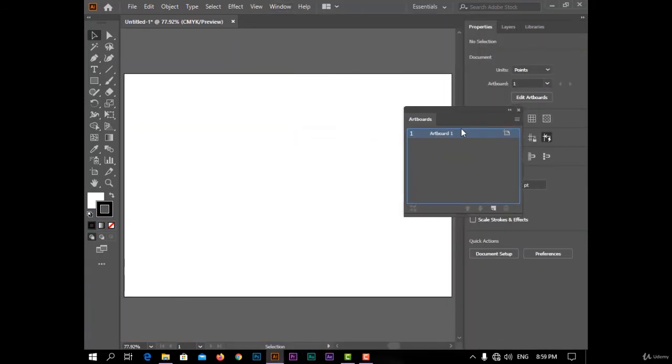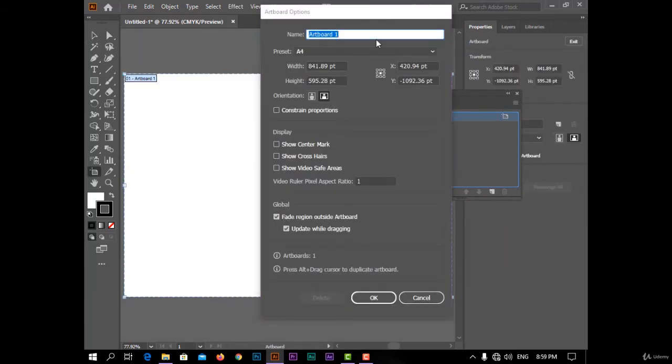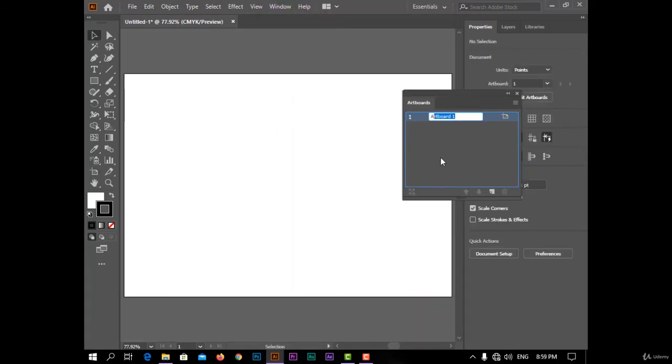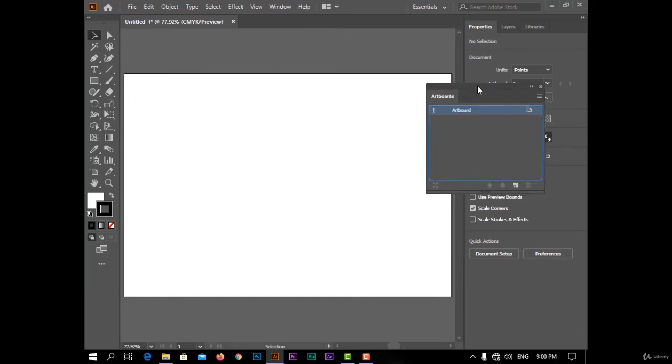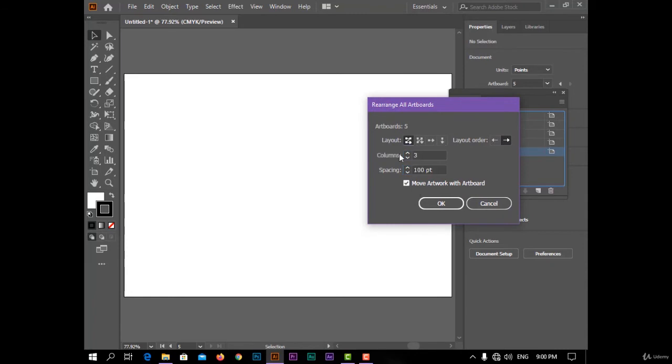From this window I can change my artboard. I can click here to change the setting of my artboard, like width, height, rotation, or the preset. And also I can change the name of the artboard like this. And also I can add new artboard like this, and I can rearrange my artboards like this,